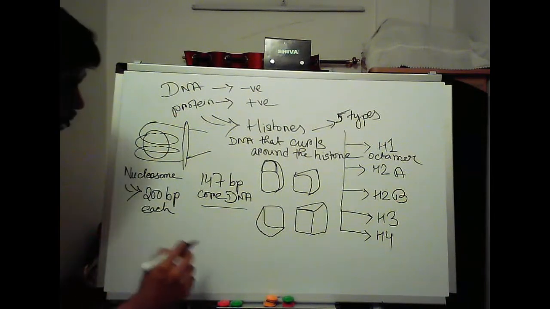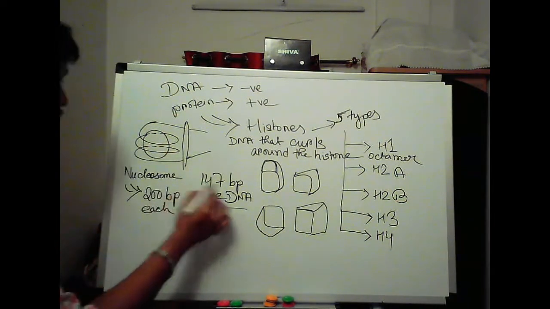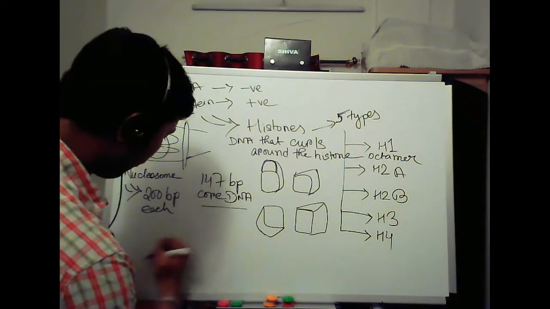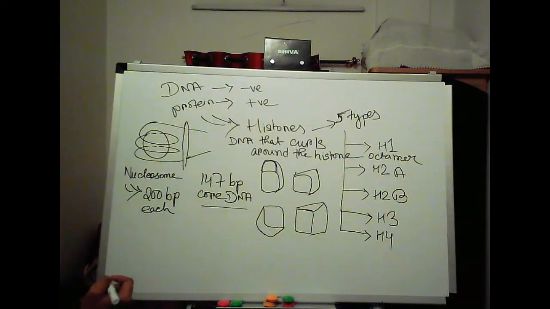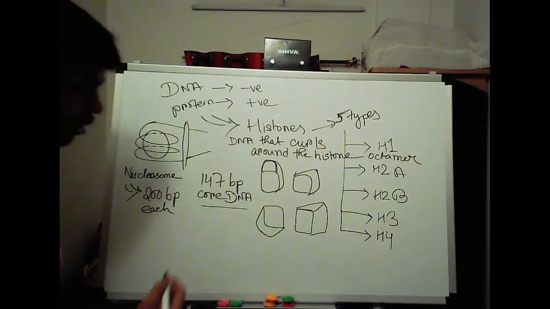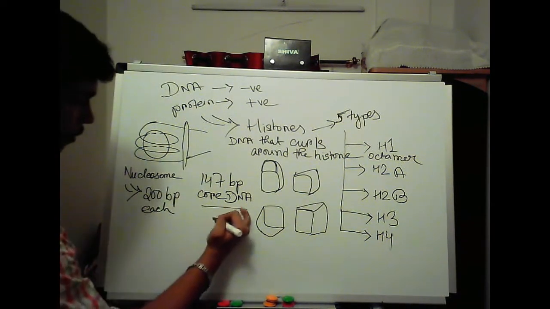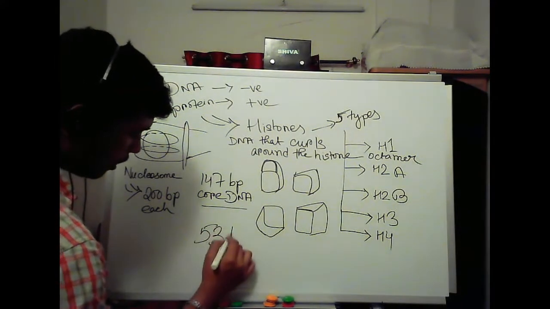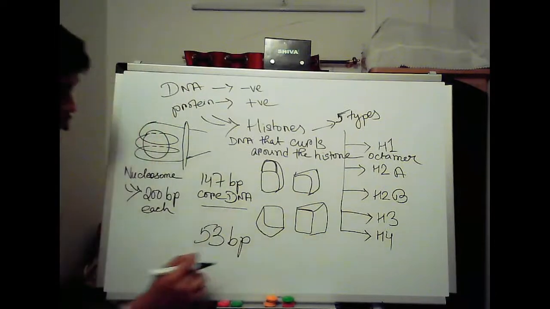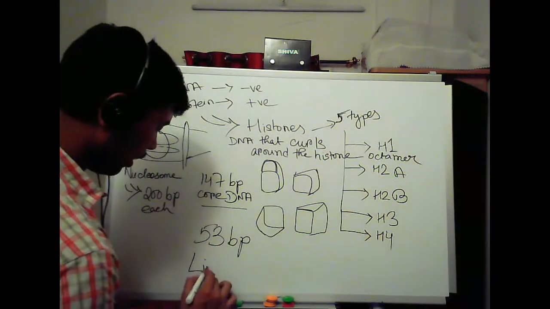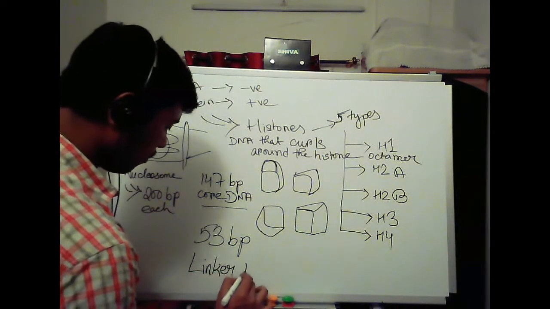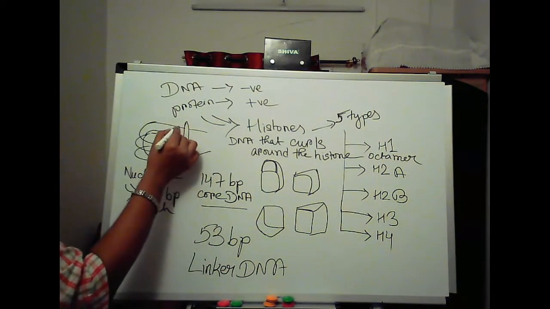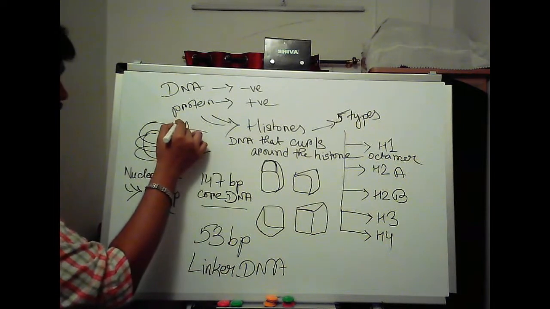Okay. Then from 200, if we remove 147, we are left with 53 base pairs. Now, these 53 base pairs form the linker DNA. What DNA? Linker DNA. Why linker? See, it's getting linked over here. So if we divide it in this part,